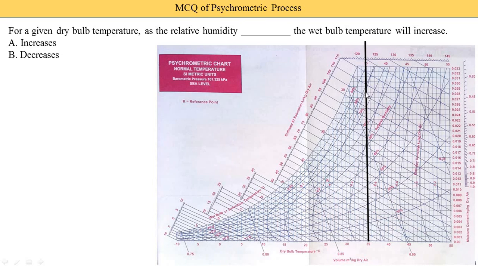So what is the change in relative humidity? At 10 degree wet bulb and 35 dry bulb, we see that the relative humidity is between 20 to 30. Suppose it is 25, and wet bulb is increased up to 30, then relative humidity is increased up to 80. So what is the answer? The relative humidity is increased, the wet bulb temperature will be increased. So option A is the correct answer. In lots of books, answer B, increase, is given as correct. But we need to think practically and change the given answer in this book.